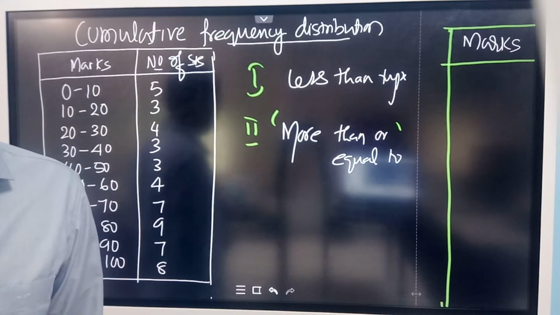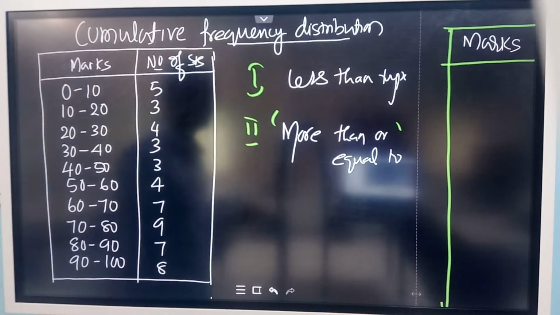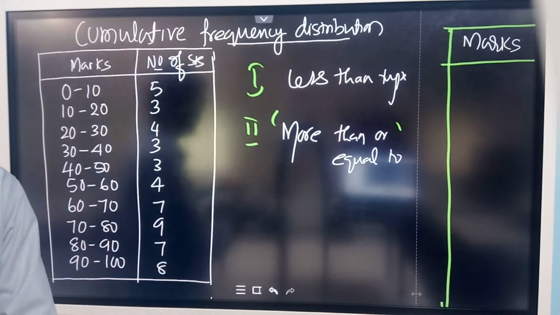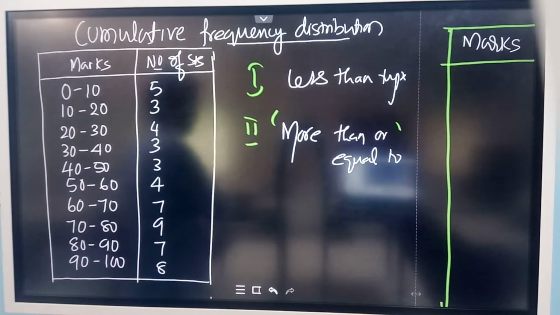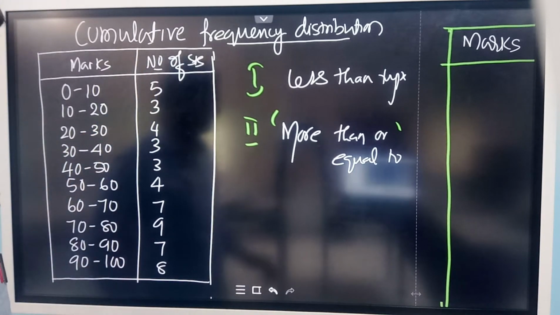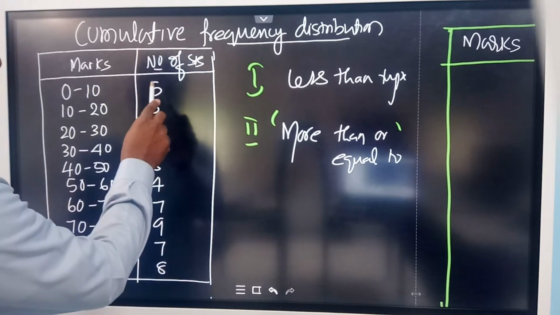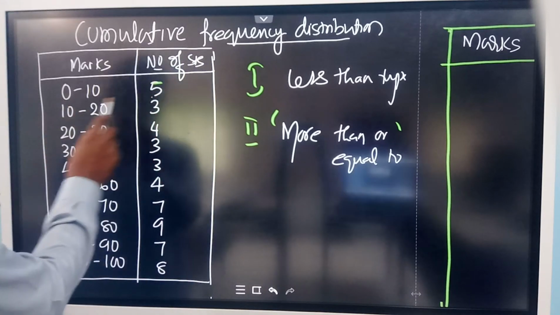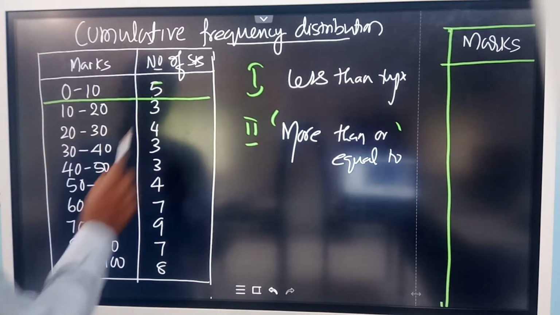How to find the cumulative frequency of less than 10. So here, 0 to 10, how many observations are there? You can see the data and tell me now. 0 to 10, how many observations are there? You have to answer now. It is the frequency; you can see 0 to 10 we have only 5.